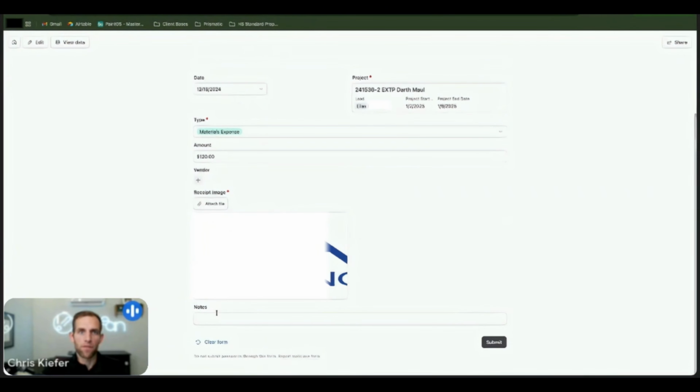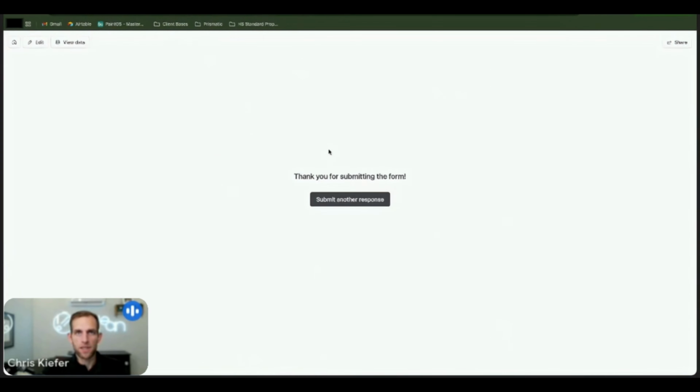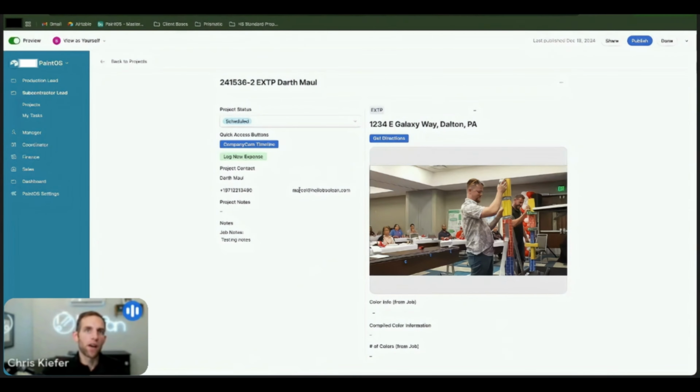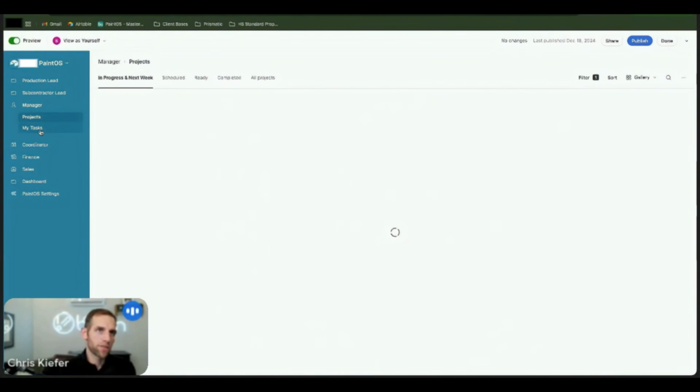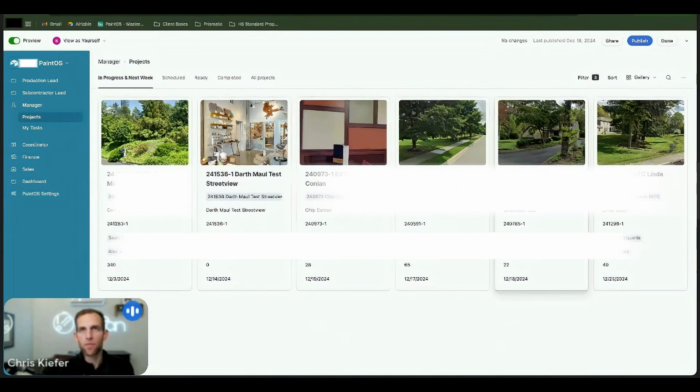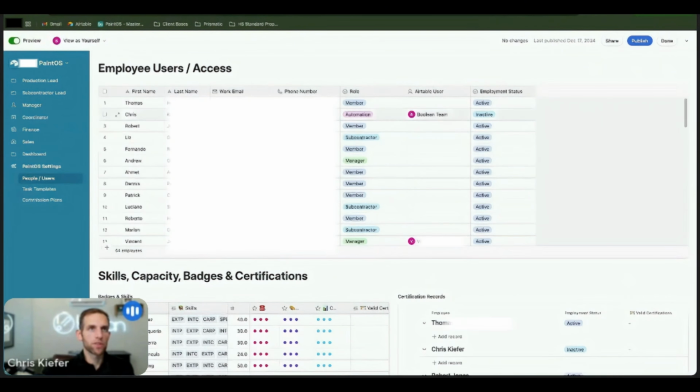And then if I wanted to put in notes, I can, but I'm going to go ahead and submit that expense. Now, down here, we didn't assign. Let me go to the manager first. So for that Darth Maul project, and actually I need to make sure that in my people, I'm also,